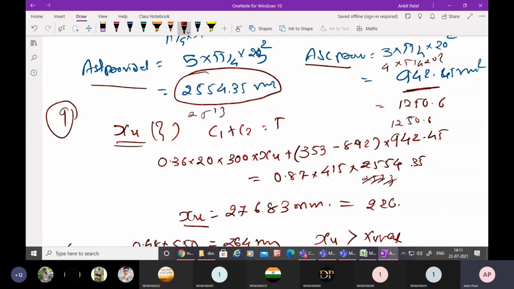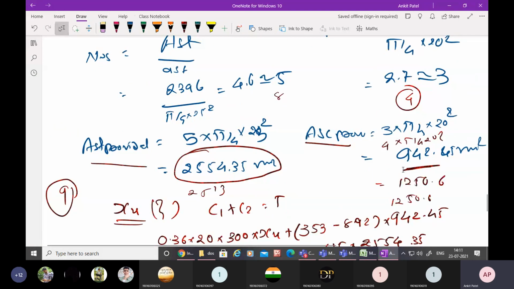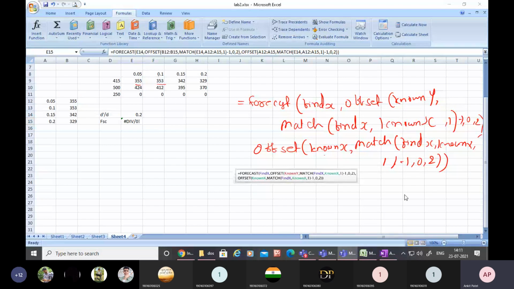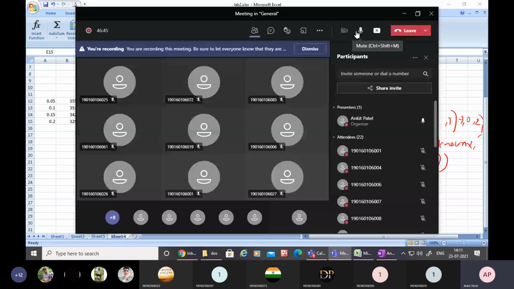Clear? You will be able to get the answer 226 something. So then it's an under reinforced section. Clear? So in this way you can solve this kind of difficulty in the example. So this is very necessary. At the end, must calculate about the